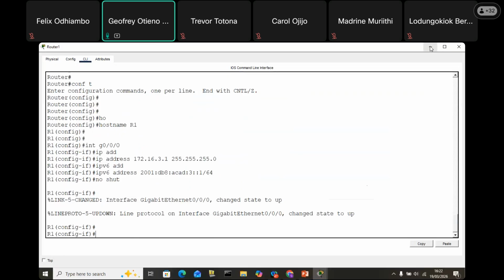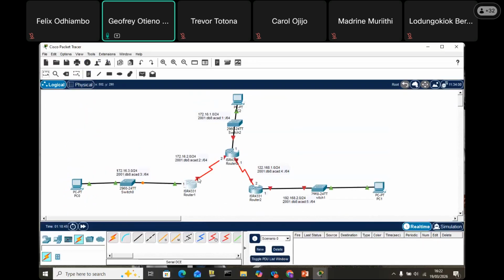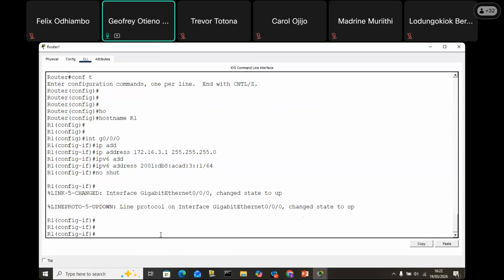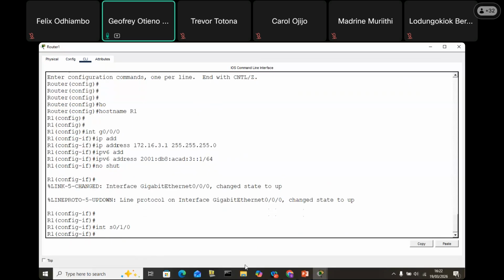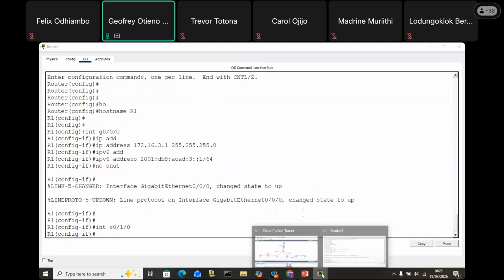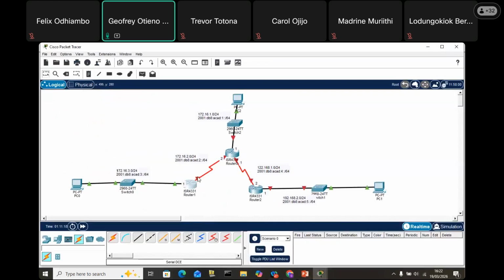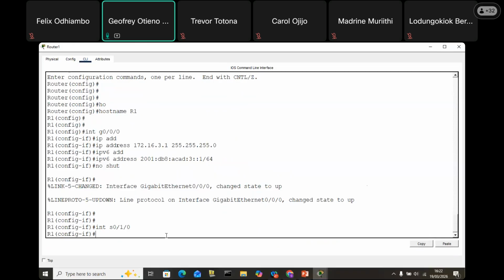On the same router, we have the serial interface here, the same serial interface, which was serial 0/1/0. So I'll just add it in this mode, it's no problem. Int serial 0/1/0. Okay. Then serial 0/1/0. Okay. Then